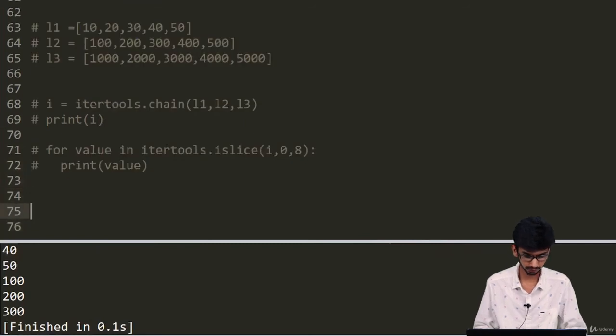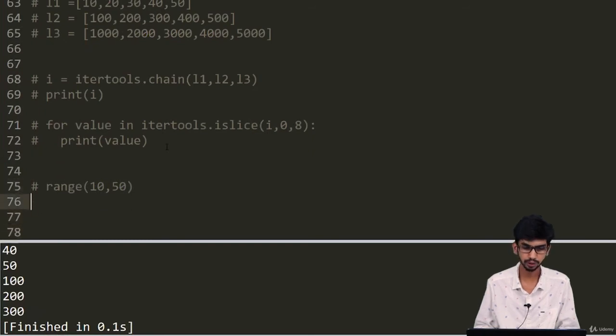So we already discussed the range function. So what is the range function? If I specify the start and specify the end, it will generate all the numbers from 10 to 49, right? So in the case of range, I have to specify the endpoint. I cannot generate an infinite series of numbers, okay? But let's say for a few mathematical calculations, you want to generate your Fourier transform and you want a series of infinite numbers, okay? So itertools will help in that.